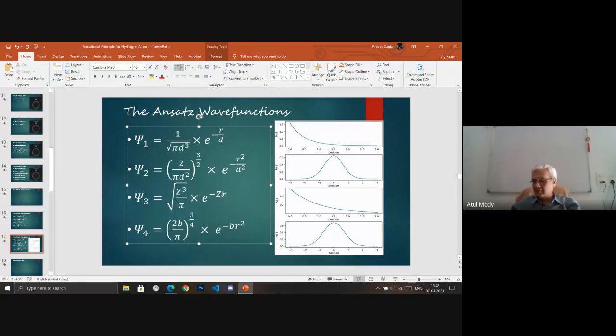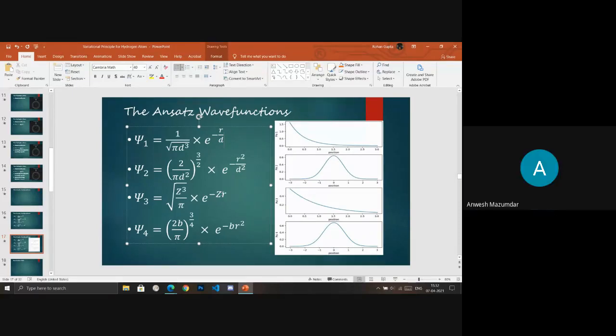Either in Psi2 or in Psi4 you must have made a normalization error, because if you put B equal to 1 by D square, then Psi2 and Psi4 should be identical, but the normalization constant is not. So just check somewhere. Yes, sir, I think it must have been a simple input error because the calculations were correct. It may be that on the slide you have just missed it.